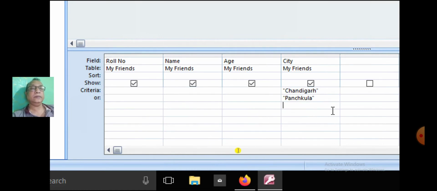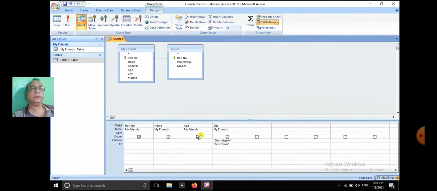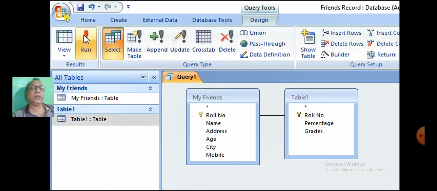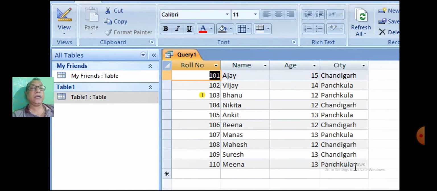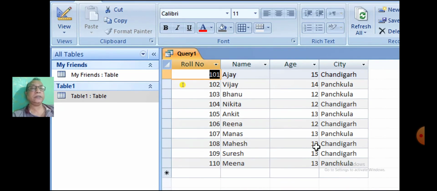Click on Run. The table will display those students who are residing both in Panchkula as well as Chandigarh.